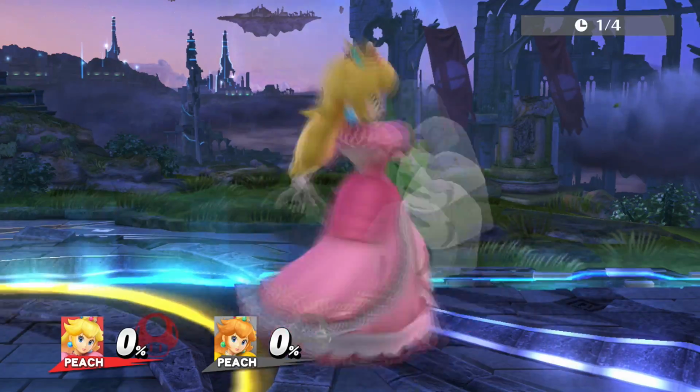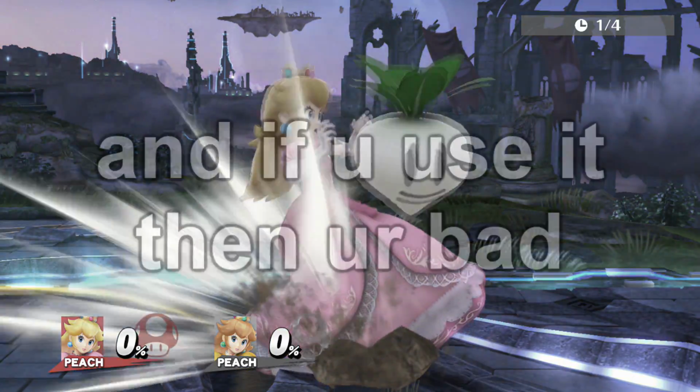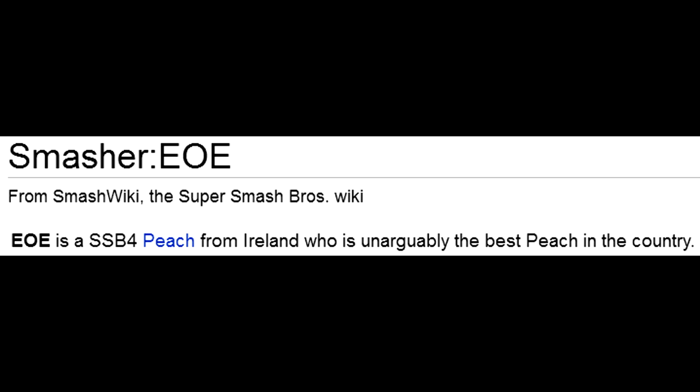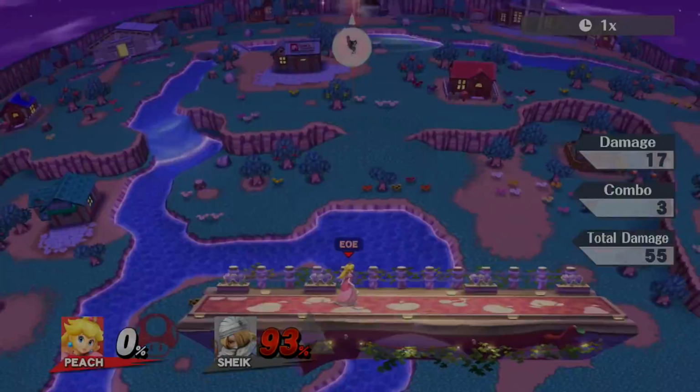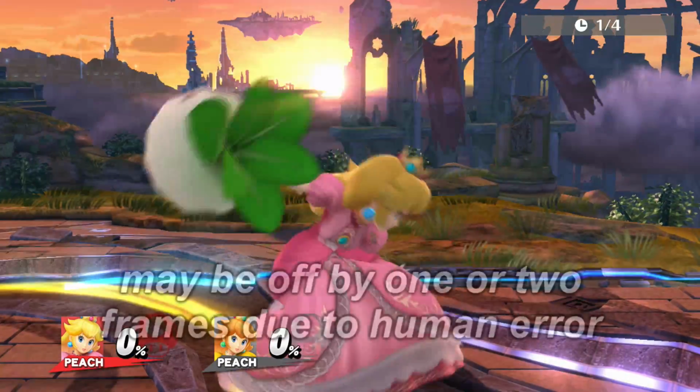First, we want to find out how quickly Peach can pull those turnips. It's easy to cycle turnips by simply plucking them and throwing them away, but this is actually not the fastest method. I contacted EOE, a well-respected Peach main, and he worked his spooky input magic to shorten the entire turnip cycling process to just 53 frames. That's one turnip every 53/60ths of a second, or 1.132 turnips per second, from here on out referred to as